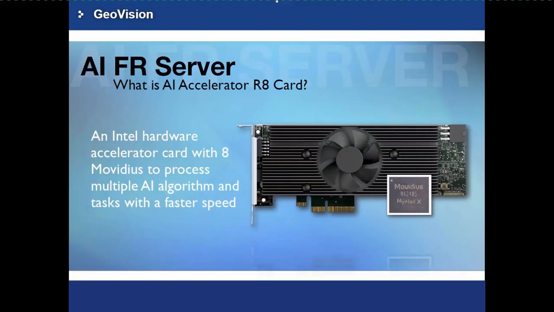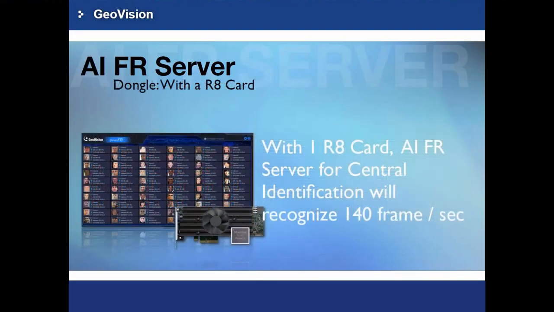So what is the AI Accelerator R8 card? It's an Intel hardware accelerator card with NVIDIA to process multiple AI algorithms and tasks with a faster speed. With the card, businesses can implement vision-based AI systems to collect and analyze data right on edge devices for real-time decision-making. Advanced edge computing capabilities help cut costs, drive new revenue streams, and improve services. Here it shows that the AI-FR server for central identification with one R8 card installed is expected to recognize 140 frames